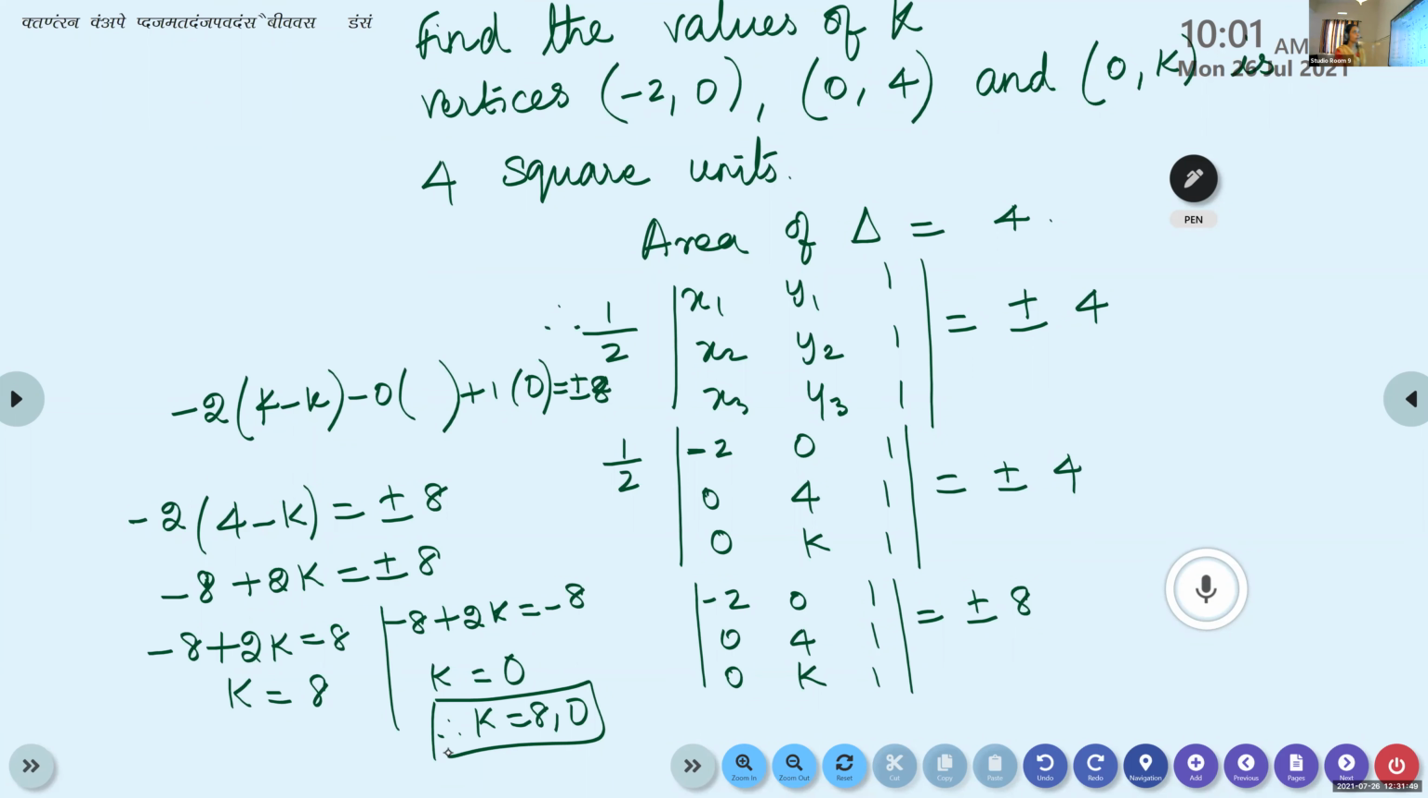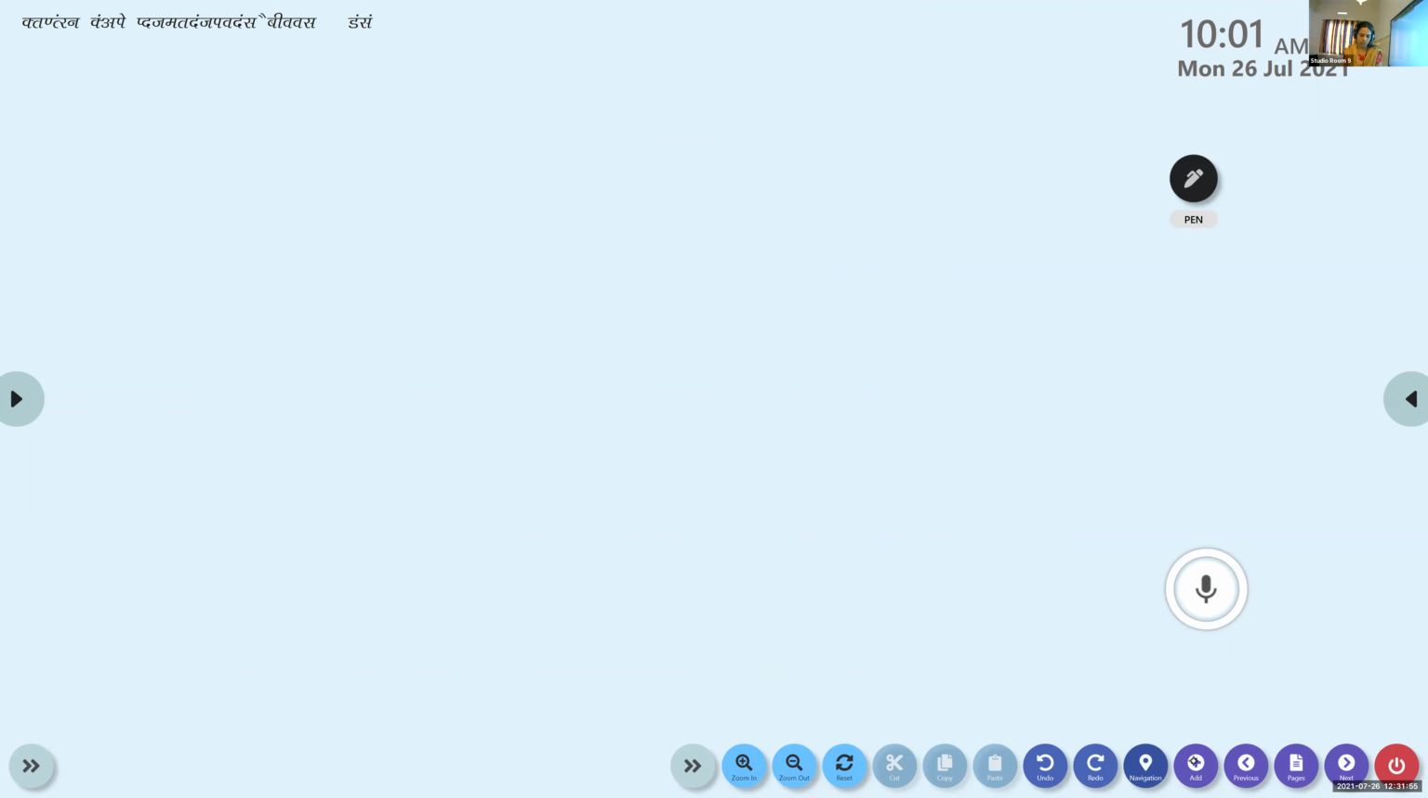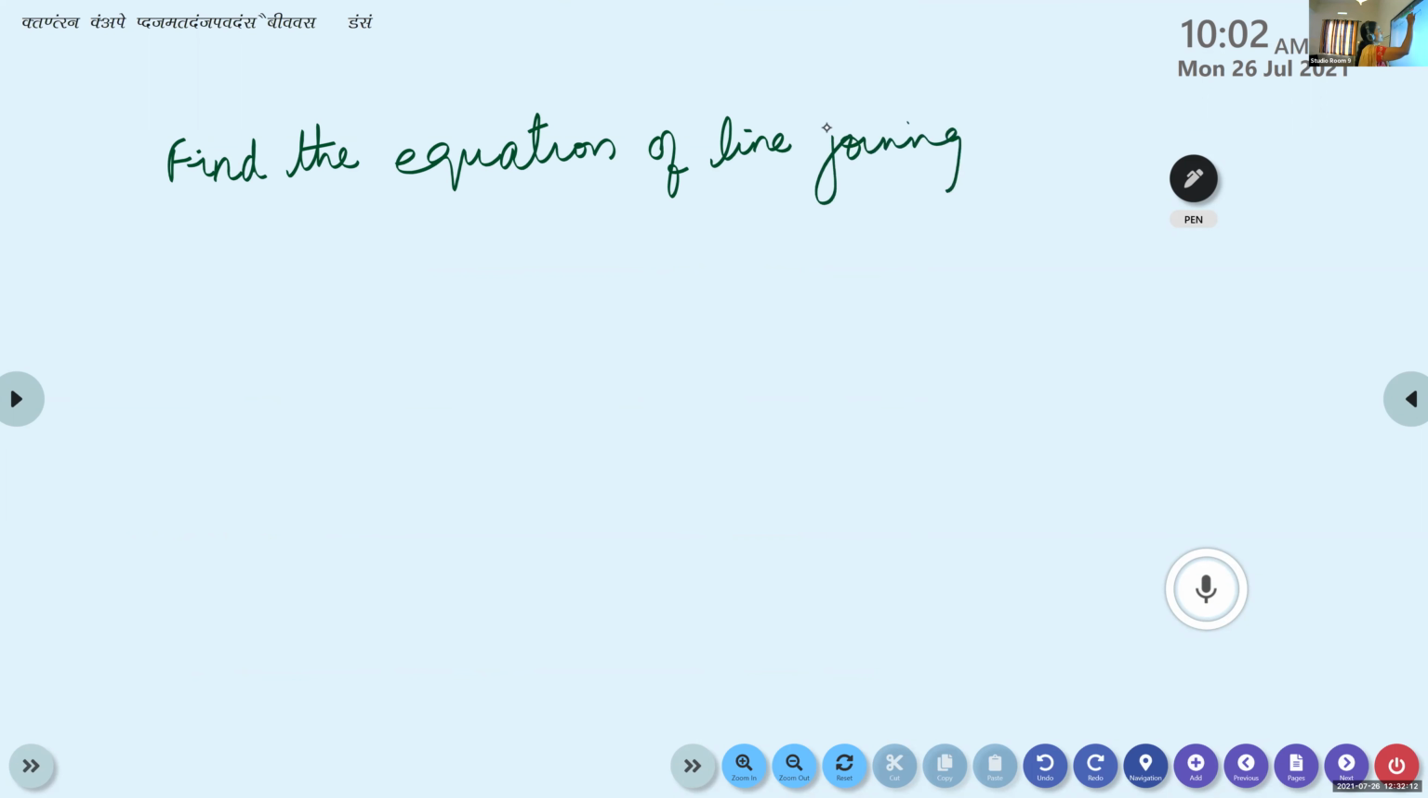Okay, now the next one. Find the equation of the line joining the points A (3, 1) and B (9, 3)